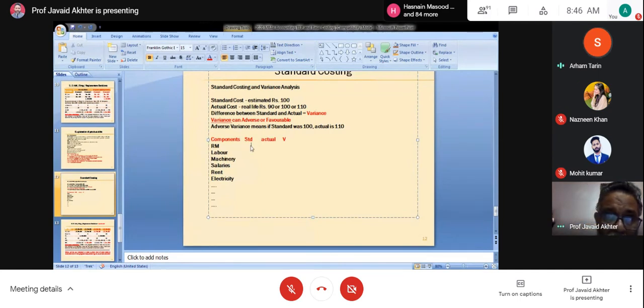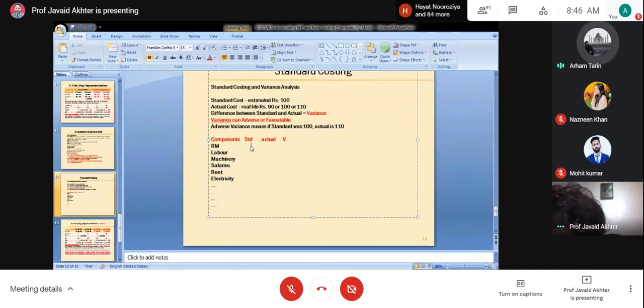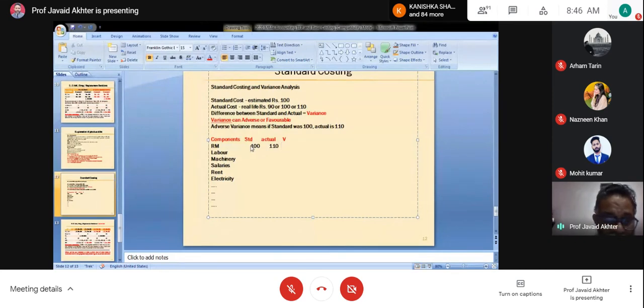Suppose standard machinery is... sorry, is machinery considered as cost as well? I'm just saying, I just noted whatever you have said. I'm trying to explain to you further about the standard costing. Suppose here standard was 100 and our actual was 110. Our variance was 10 adverse. Then it was 90, it was 100. It was 90, it was 80. It becomes 10 favorable. Likewise, the table may continue.